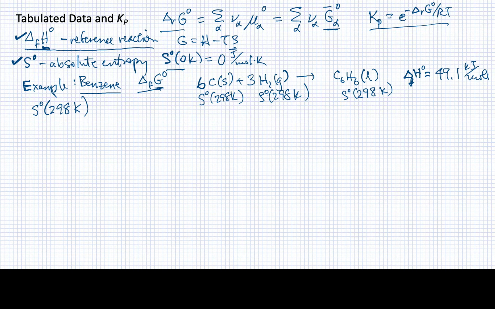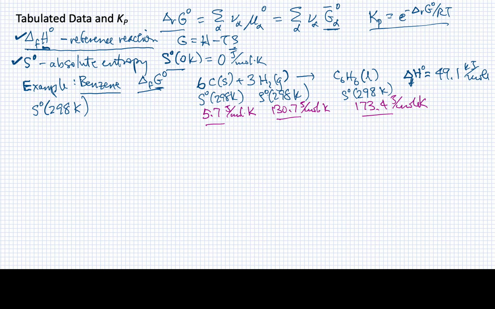For something like the carbon in graphite form, it's 5.7 joules per mole Kelvin. For hydrogen gas, it's 130.7 joules per mole Kelvin. And for benzene, it's actually 173.4 joules per mole Kelvin. So if I have these three values, I can figure out what the change in entropy will be for this